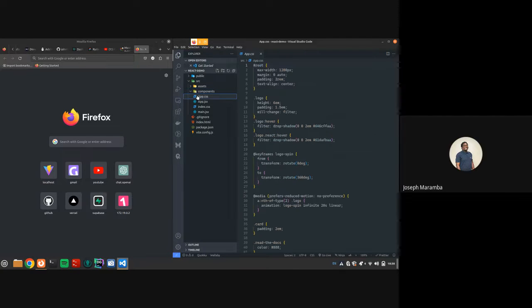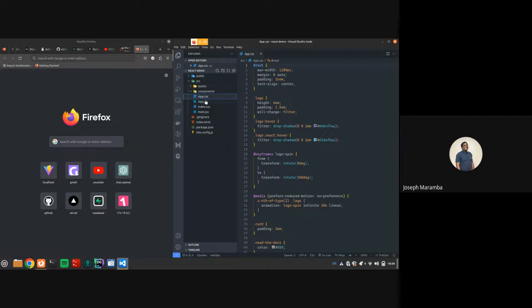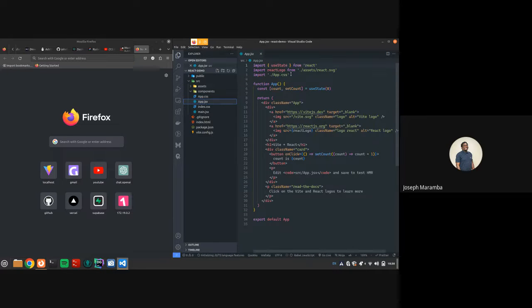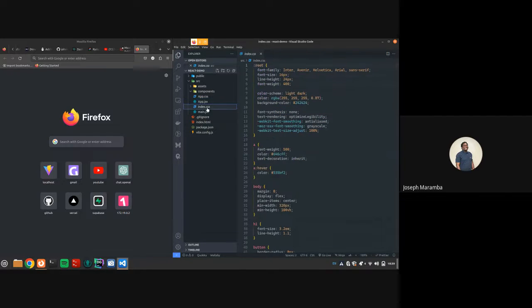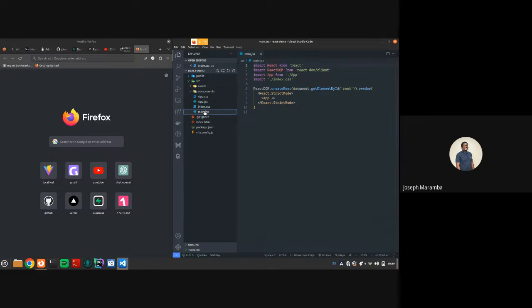But apart from that, we have this app.css. It's the CSS file for app.js, and as you can see, we talked about this side effect import yesterday. This is an example of it. You just call your stuff there, and it will be bundled together with the CSS when you're doing the production build. Apart from that, you have a global styles file, and then we have the entry point to our application,